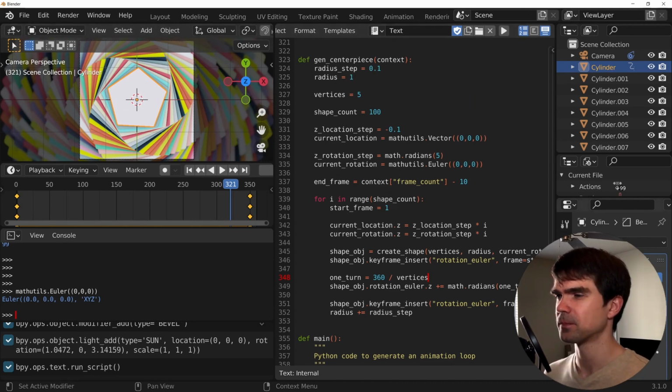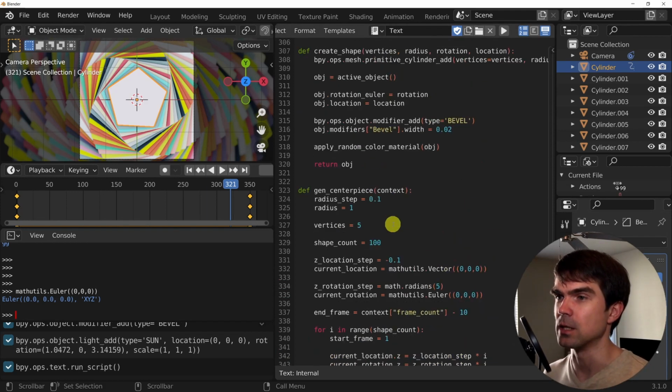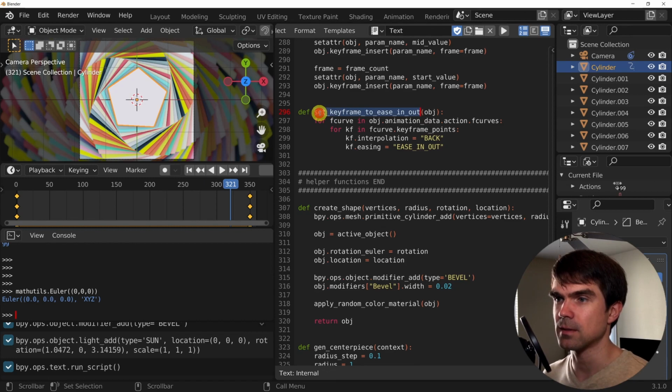All right, now I want to add a slight detail to this animation to make it as if the shapes are kind of getting ready, going a bit back and then starting the rotation. So we have a separate helper function that's going to go through all the keyframes and set the easing to ease in out, right?